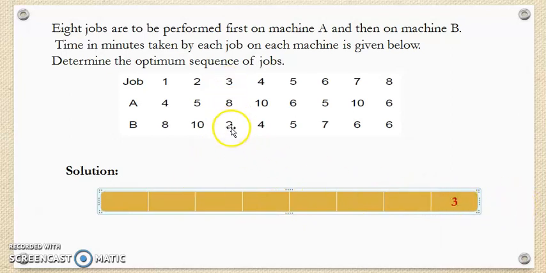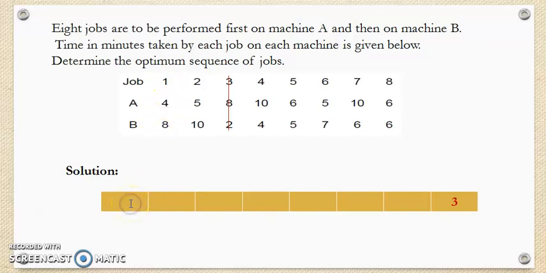Now let us draw a line and eliminate it from further considerations. Okay friends, I have drawn a line here to eliminate this job from further considerations. Now out of the remaining jobs, the next smallest processing time is 4, for job first on machine A and for job fourth on machine B. So we can take anyone randomly here. Now I take this 4 processing time for making the sequence. As this 4 lies on machine A, therefore this job 1 will be sequenced first.